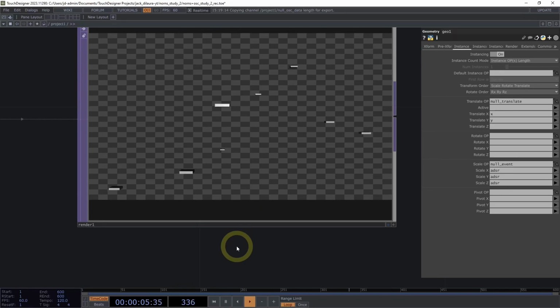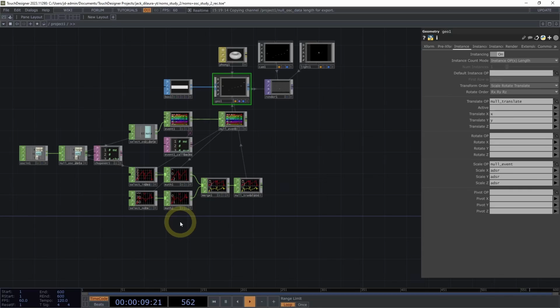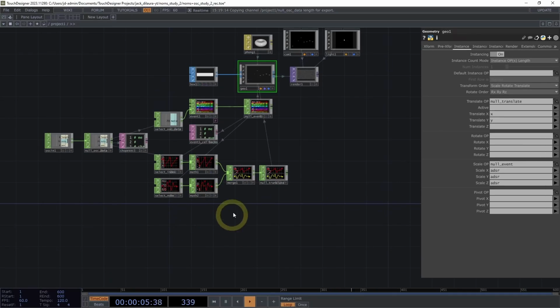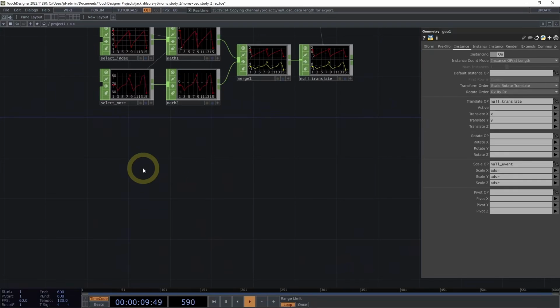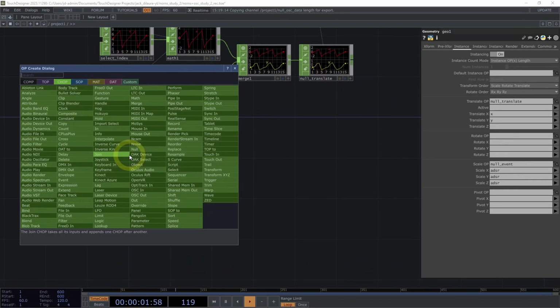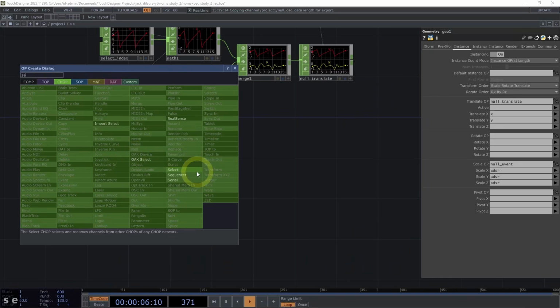And we can continue on by adding some more complexity to this effect. For the next section, we're going to be adding color to our instances. So we're going to start off and build this out down here below our previous set of chops. We're going to start off again with a select chop. And in this case, we're going to be using